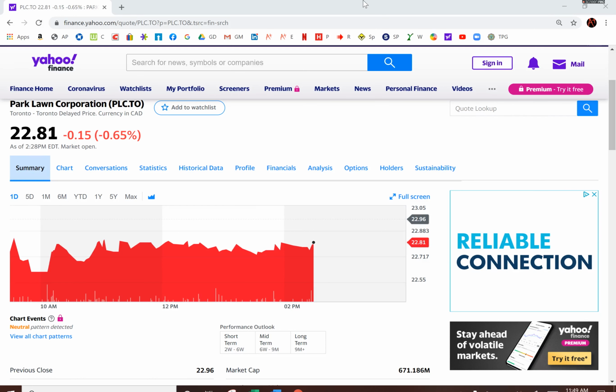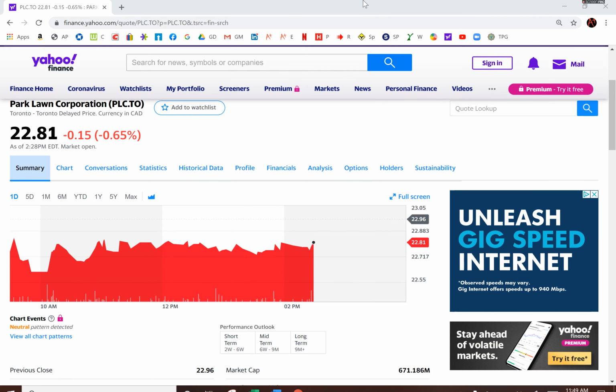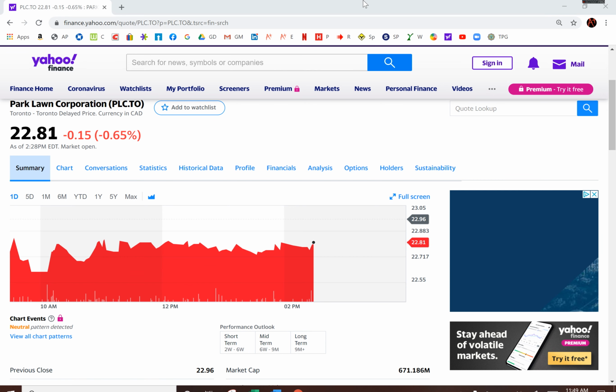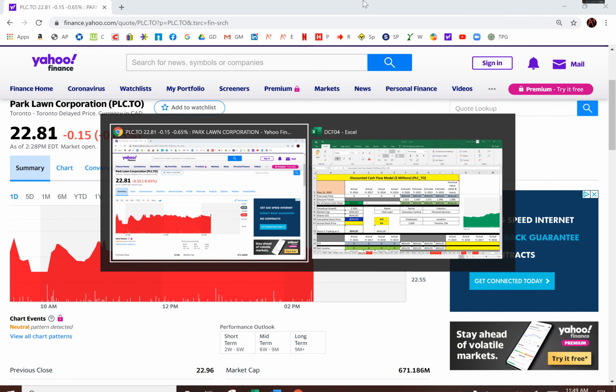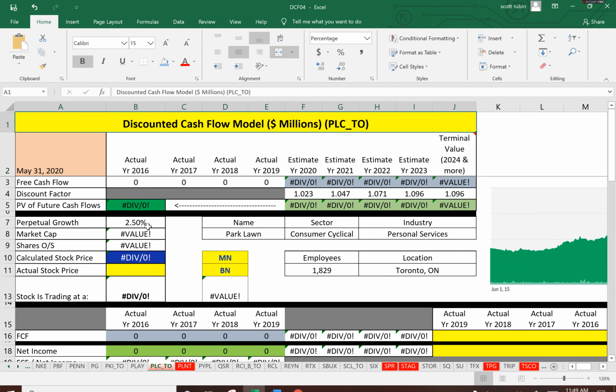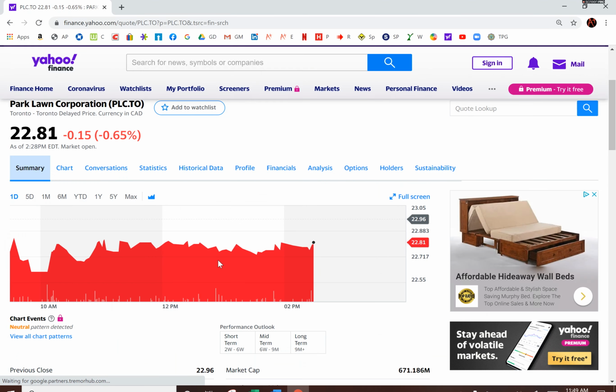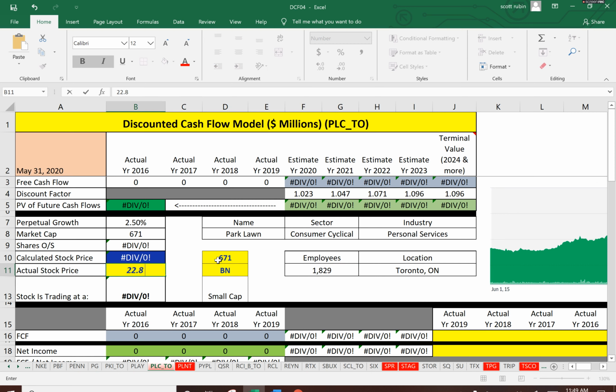We're going to calculate the stock price for Park Lawn. This is a Canadian company, and the first step is the market cap, 671.2 million. And then the stock price, 22.81. And now we know the shares outstanding because it's just the market cap divided by the stock price, 29 million